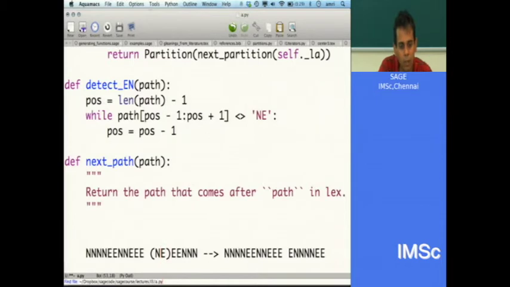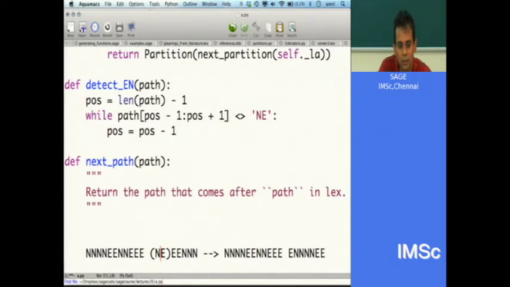And if pause is 1, that is greater, this is not equal. If pause becomes 0, it means you don't have any such position. It must be all N's and E's.